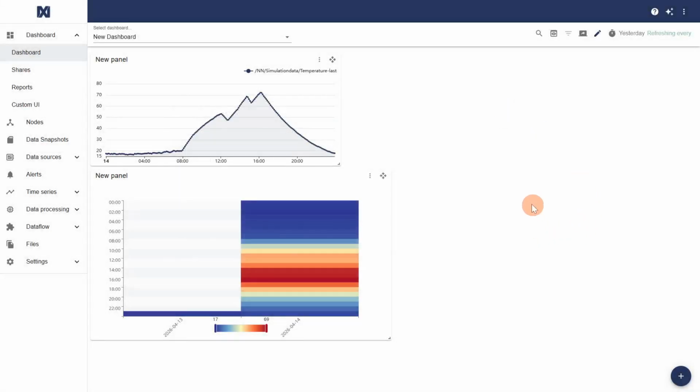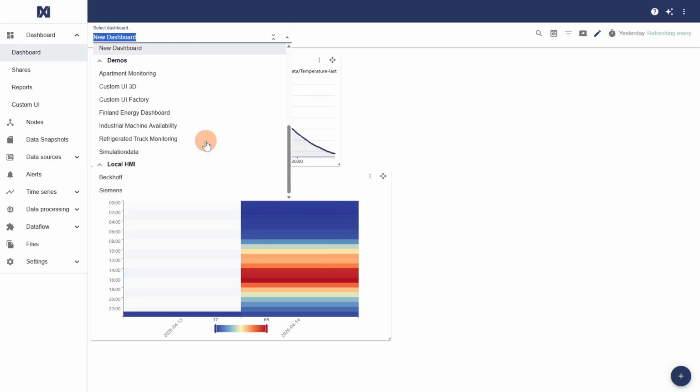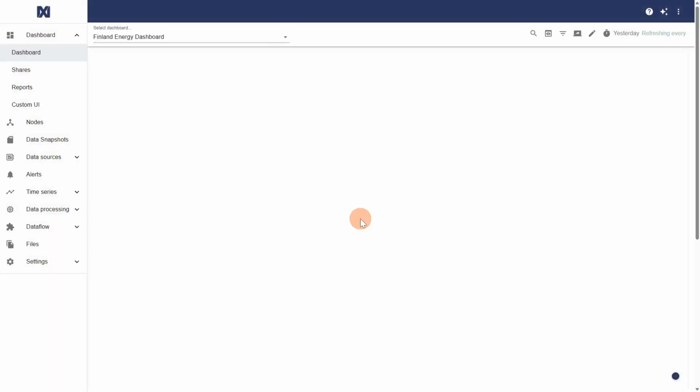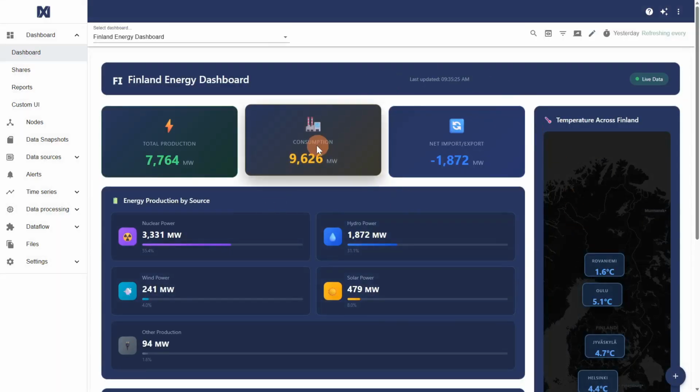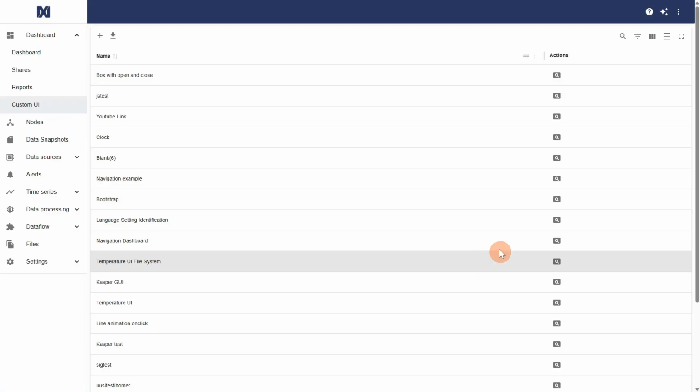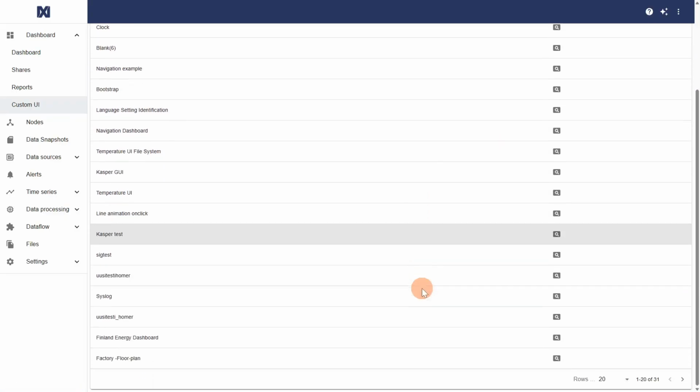But what I can demonstrate is that, like I said, even these panels are using the brand, which is the same as our regular panels. If you want to do something totally different, that is also possible. For example, let me show here this kind of a panel. As you can see, this is very different from our regular panels already. This is possible by using this custom UI feature, so custom user interface. It has been here for some time,